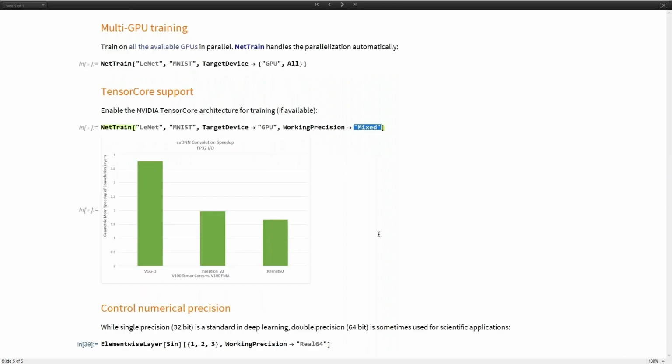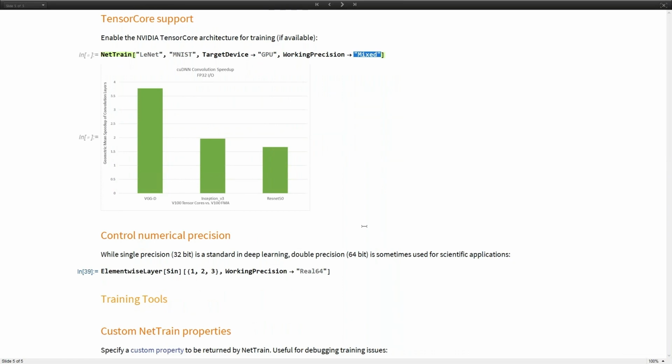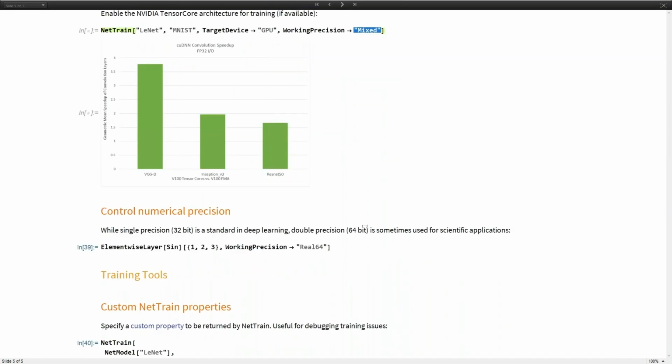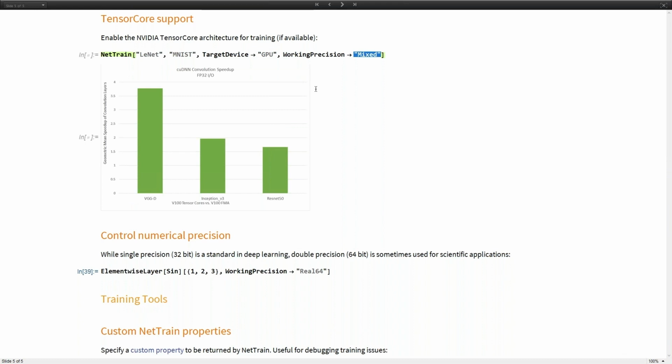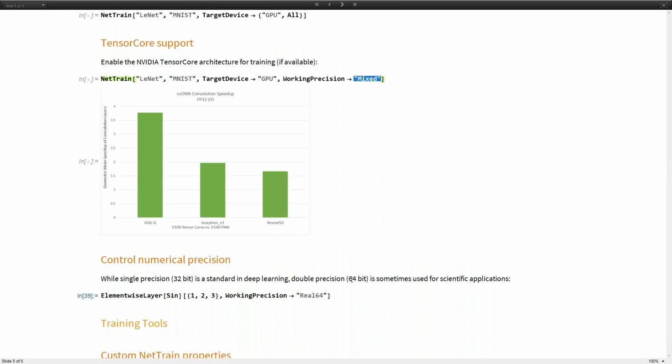Then, as for working precision, we also fully support 64-bit calculations on the backend. So usually in deep learning, people go for 32 bits because it's usually enough. But sometimes, for maybe scientific applications, you want higher precision, and you can do it by setting WorkingPrecision to Real64.